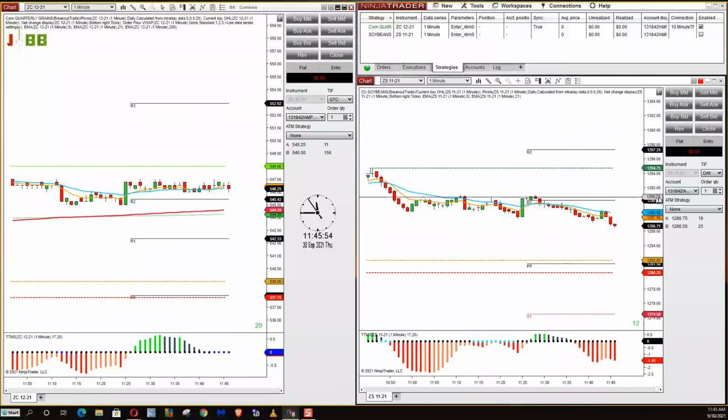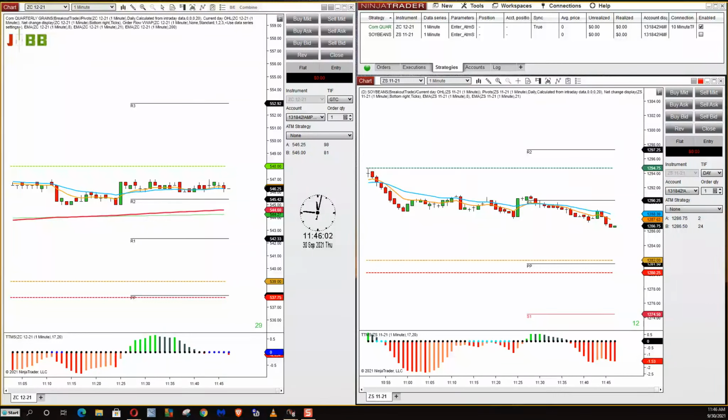Okay. So what I would do, let me see if I can find that video. Now, I'm very superstitious. I think all traders are probably superstitious.